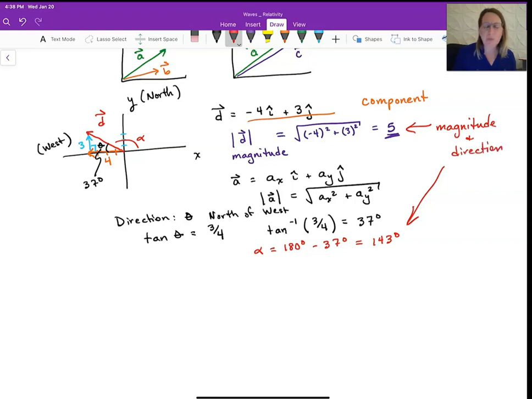When you're looking on a speedometer, you don't care about the components, how much east, west I'm going. That doesn't matter. You just want the magnitude and the direction. But sometimes it's useful to have the components. So this is how we start from components and get to magnitude and direction. We're going to go the other direction,